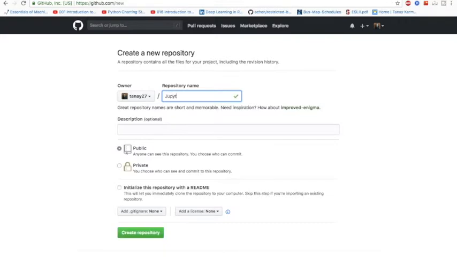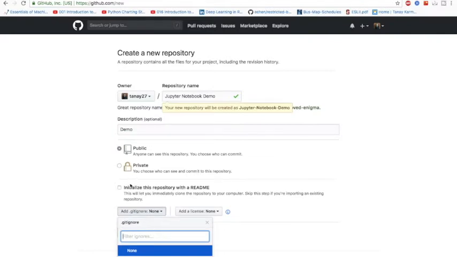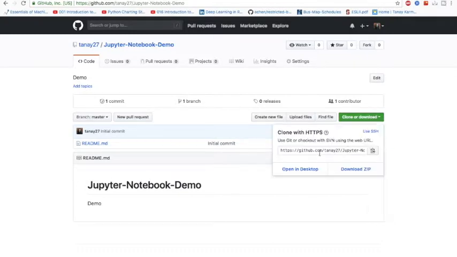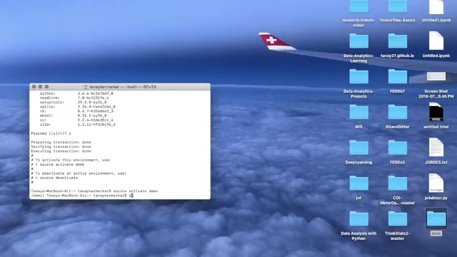called Jupyter Notebook demo, and then just demo. So I'll initialize it with a readme, and I'll create a new repository. Now I'll clone it. So I have to deactivate the